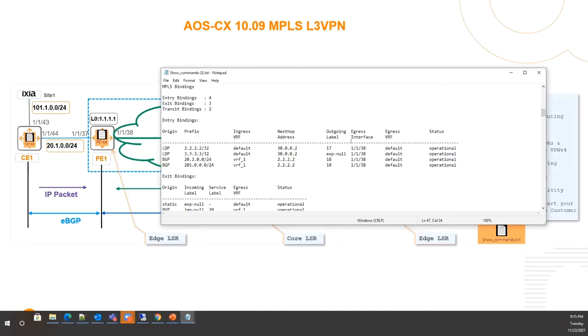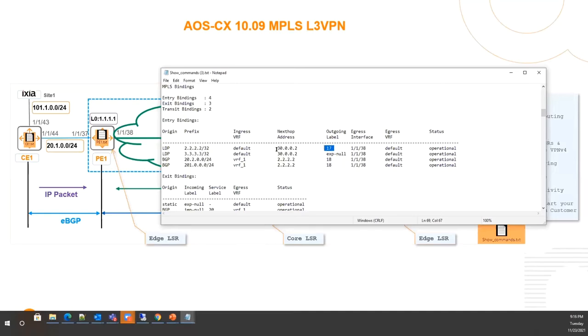If you look at this, there is an entry binding. That means to reach 2.2.2.2, I have an ingress VRF as default. The next hop to reach 2.2.2.2 is 30.0.0.2. And the outgoing label, as Daryl was talking about, the out label will be assigned by the remote connected LDP neighbor.